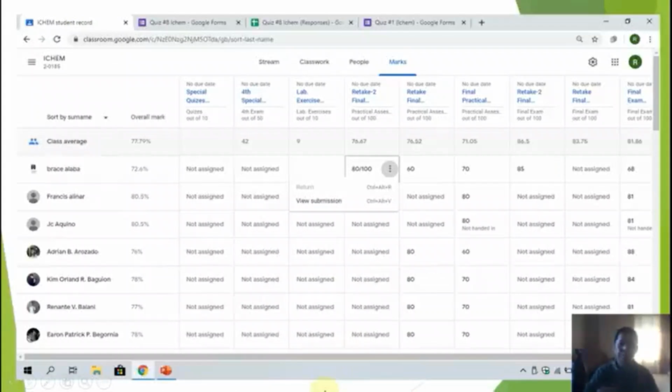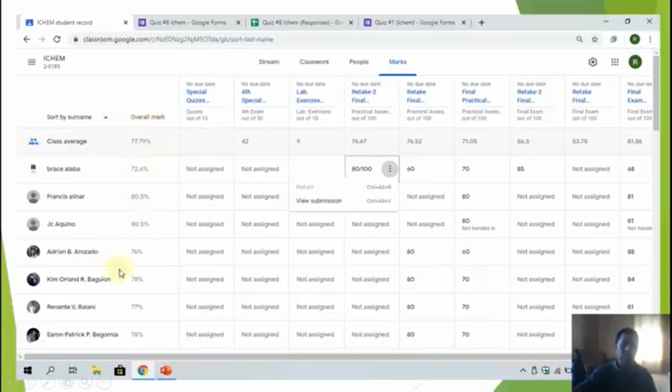So now, since you already have the score in your spreadsheet, for example, you assigned this student, you just manually write the score in here, and then return. So click this return here, it will become black. Click return, and there's a small window here, click return. When you click return, this score will automatically be sent to your student, and the class overall mark will automatically be calculated here.